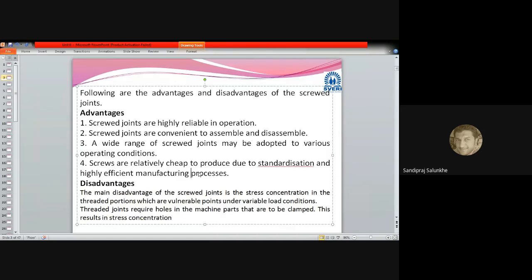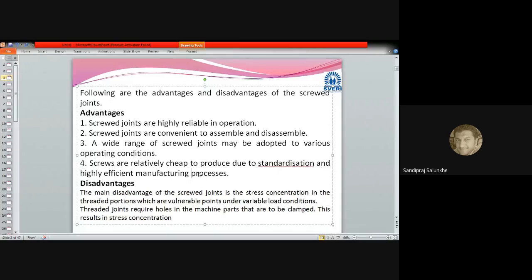we'll see that riveted joints are mostly outdated. They are replaced by bolted joints or welded joints. As the technology has improved, it is not necessary to have riveted joints nowadays. Now, the third advantage we have seen. The fourth advantage is that